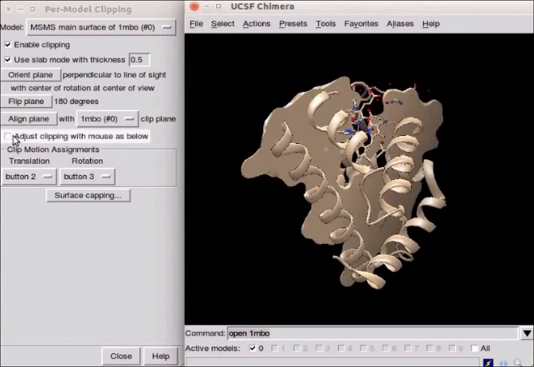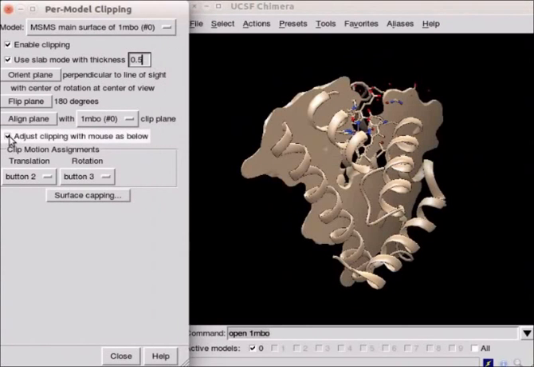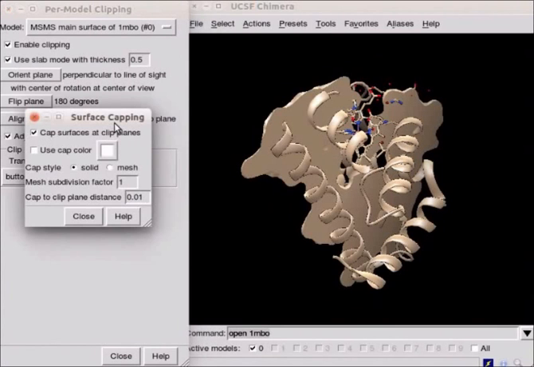In the dialog box, click on Adjust Clipping with mouse. Assign button 2 for translation and button 3 for rotation. Click on Surface Capping button. In the Surface Capping dialog box,